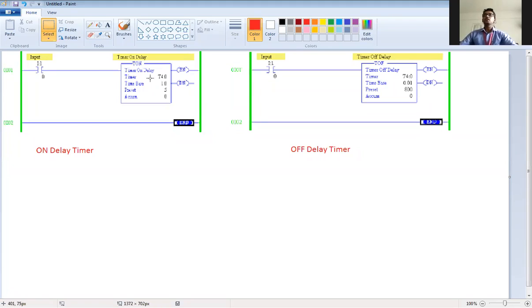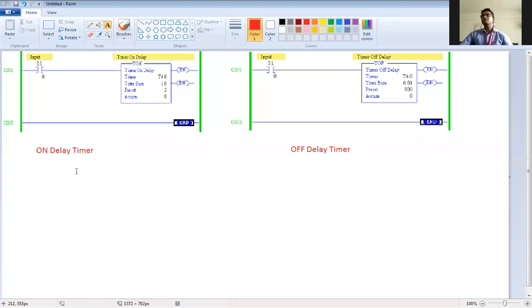Here it is mentioned that this is the TON timer, the on timer. This is the off timer, TOF. This is TON and this is TOF.